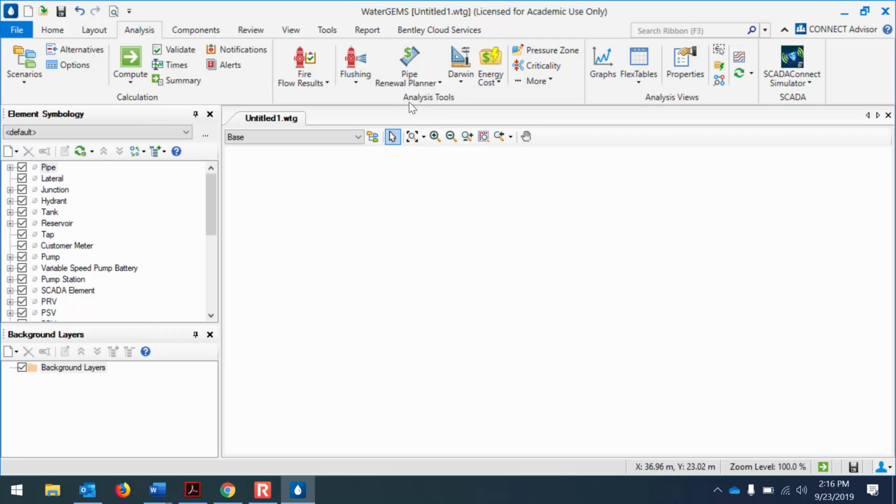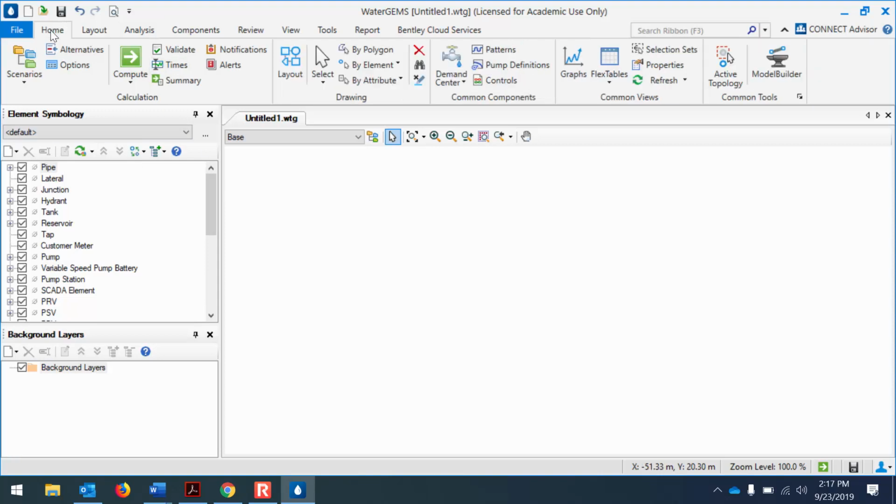Now, WaterGEMS has the option of being integrated with MicroStation, and none of you, I think, are civil engineering majors, but MicroStation is a pretty good CAD program for people in the civil engineering field. But I don't bother to integrate this program with MicroStation. I think it works great standalone. So this will be the view that you see. It still has some tools that will allow you to sketch things out,